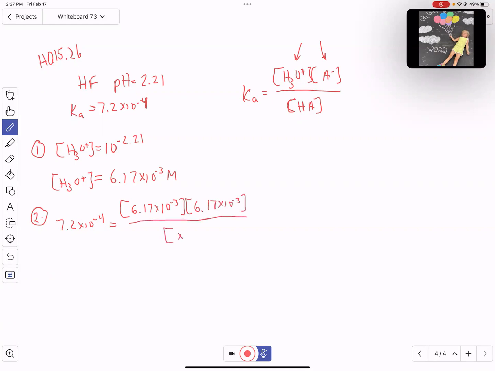And now here is our X. We don't know the concentrations. So I'm going to square those, and multiply the X across. So I get that squared, and multiply X across, so I get 7.2 times 10 to the minus 4 X equals